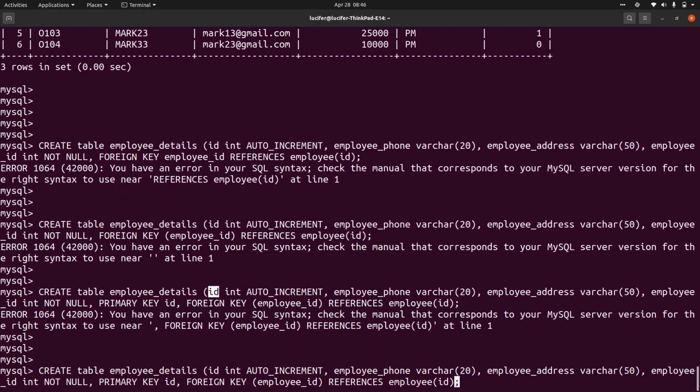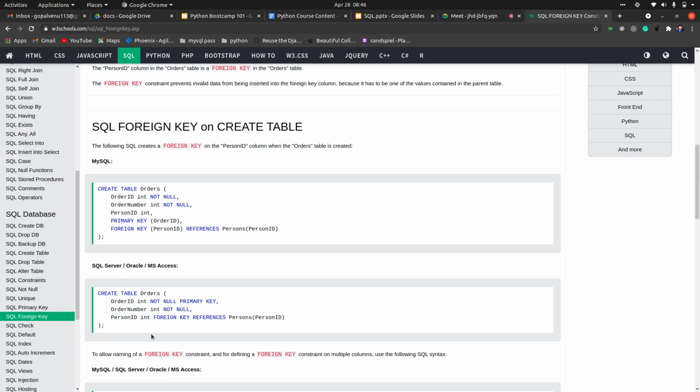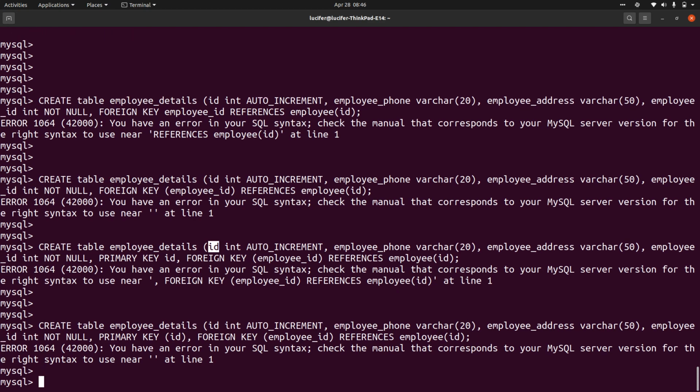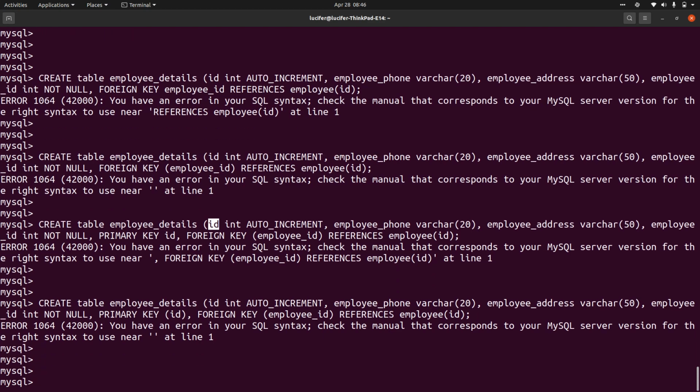There is some error that we are not able to find out. Oh.